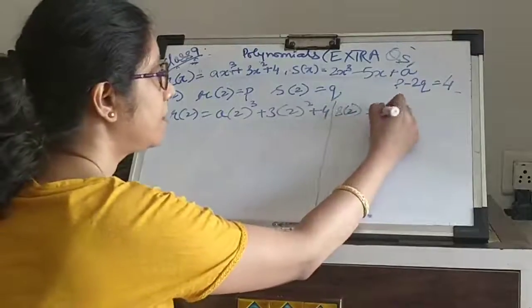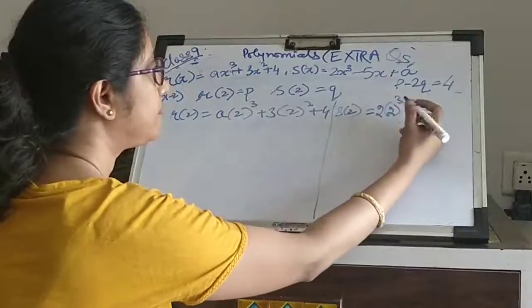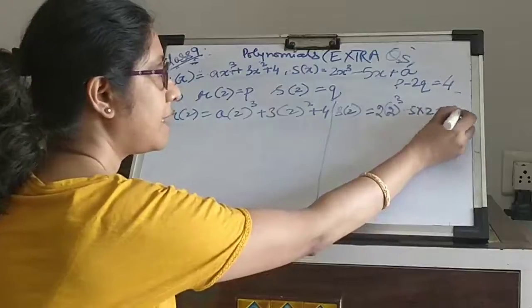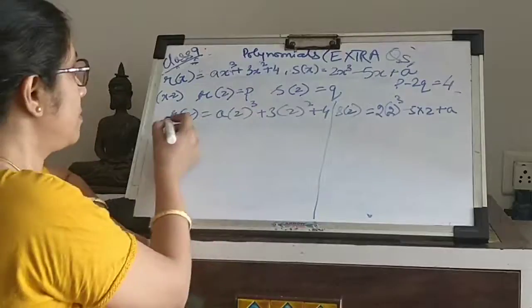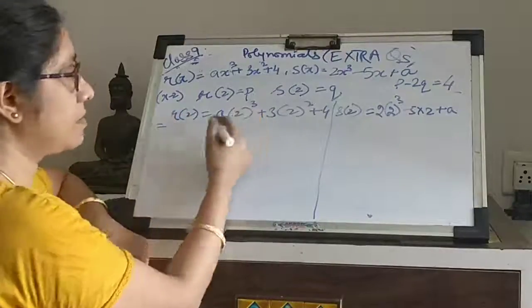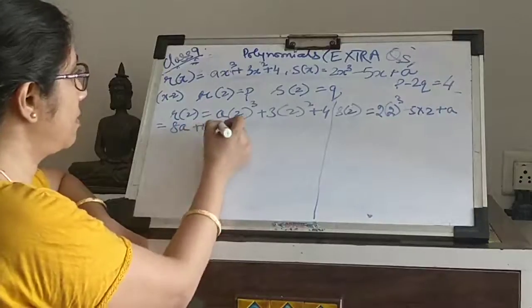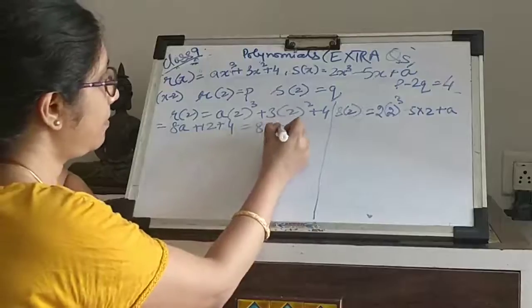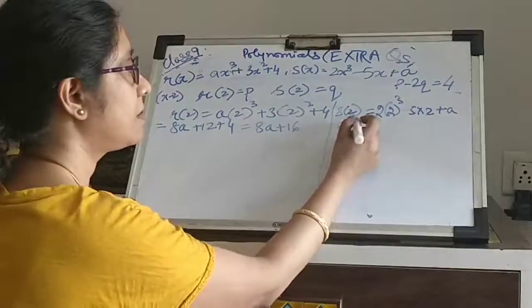S(2) will be 2 times 2 cube minus 5 into 2 plus a. Okay, so let's just quickly solve it. This comes out to be 8a plus 16, and this comes out to be,